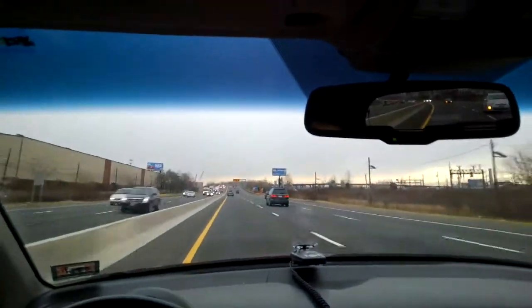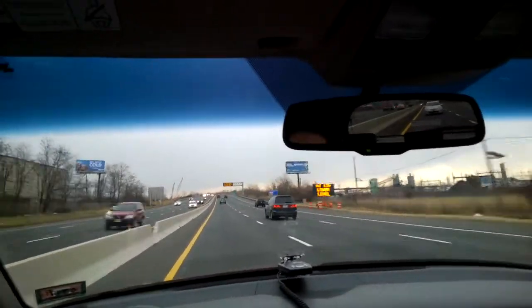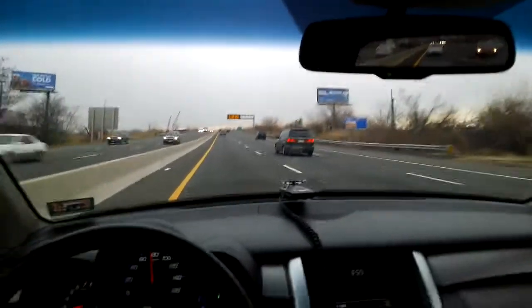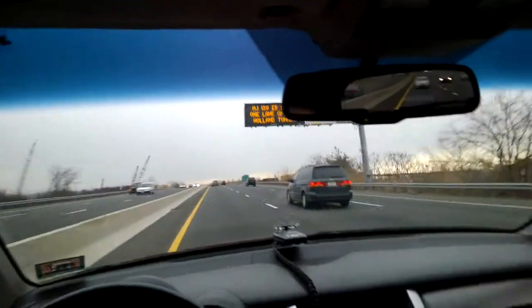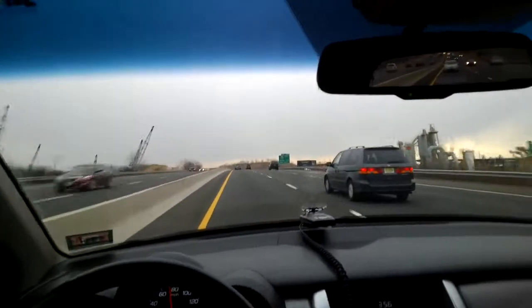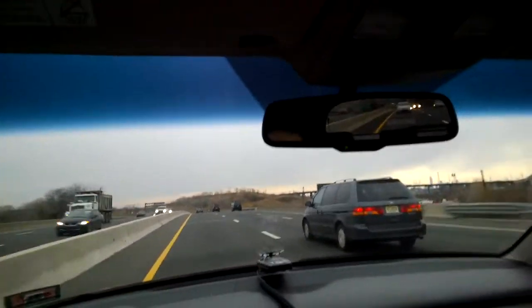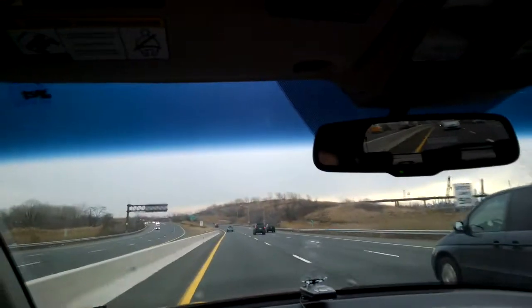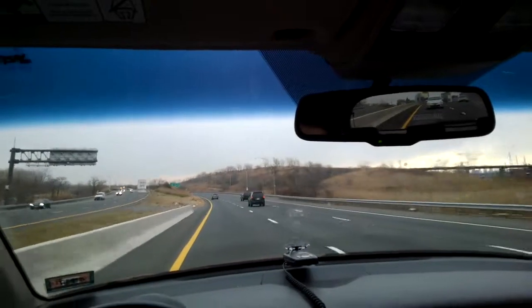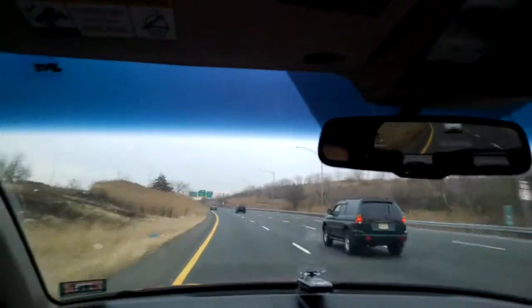I'm leaving out the cutesy stuff that makes it desirable, and I'm trying to limit this to the really big, important stuff that answers the question, why do I need a Glass? Like I said before, it absorbs things from your phone. If you don't have a Pebble, if you're operating completely wearable-free and you just have your phone in your pocket, you'll tend to pull out your phone whenever it vibrates,